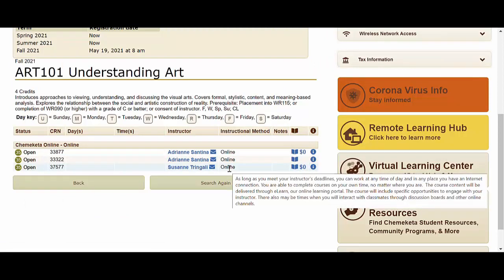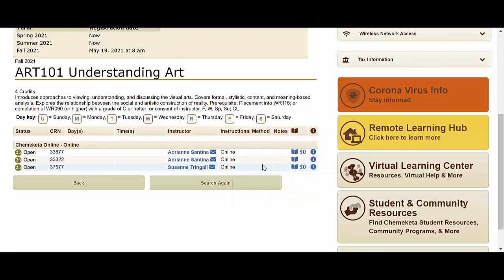There are 3 different sections offered of this particular class, and it doesn't meet at any particular time in any location. You'll get online on Canvas whenever or wherever you have computer and internet, and get the assignments done in the timelines that your instructors have laid out for you.